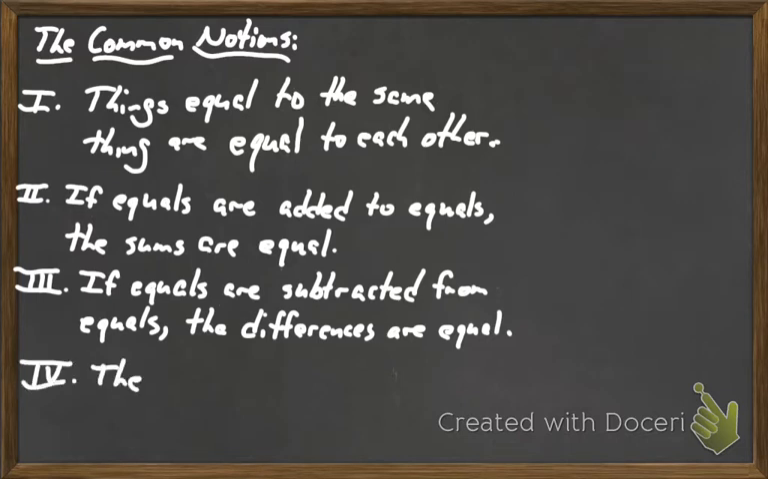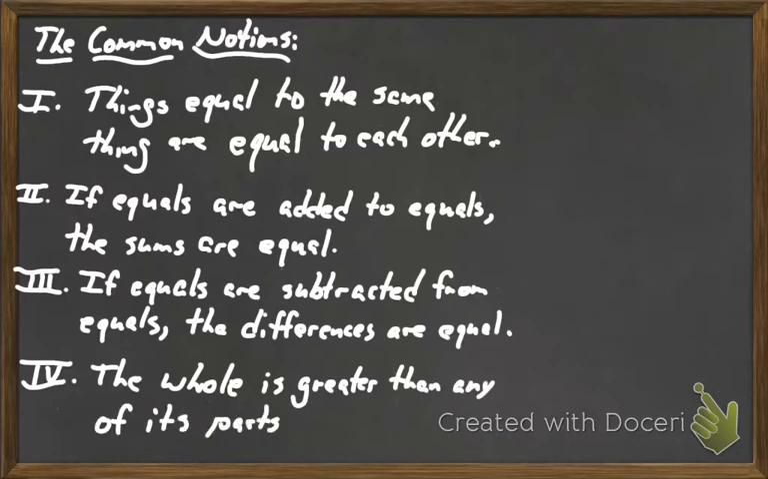And number 4, the whole is greater than any of its parts. Now some of you might say that's pretty obvious, the whole is greater than any of its parts, but that's the whole thing with these common notions. They are somewhat obvious. This is also known as the partition postulate. And then lastly, number 5,